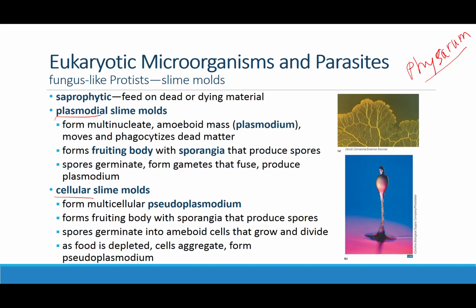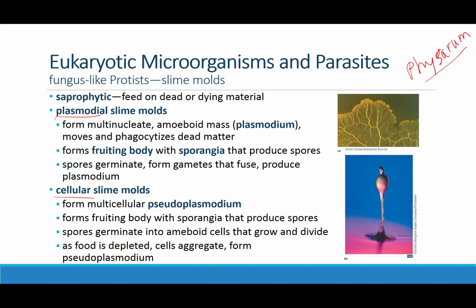And so they move around and they will phagocytize dead material and digest it and import all the nutrients. And then eventually, as the area gets dry or as they start to run out of food, they form a structure called the fruiting body that has sporangia on it. The sporangia are their spore-producing structures, and they produce spores. The spores then will be dispersed by wind or you coming along and kicking at this dried up, kind of